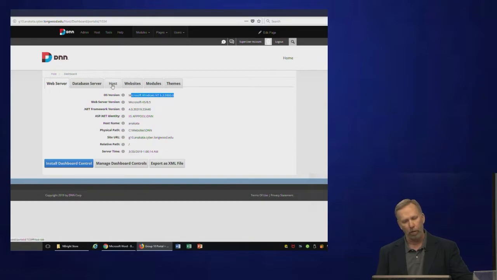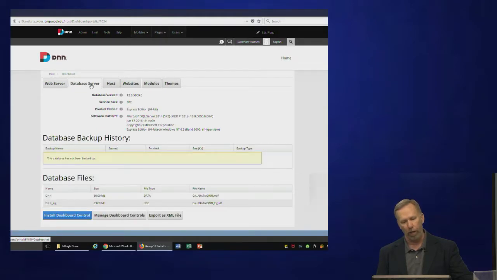I can look at information related to the database server, how much data is in there. Right now there's only 86 megabytes of data. This particular version of the SQL server that I have attached to this web server can handle up to 10 gigabytes of data. You think 10 gigabytes is a lot, but it's not. It's really a fairly small amount. But I would imagine it will be plenty for what we'll do in this course. If we start using more than that,